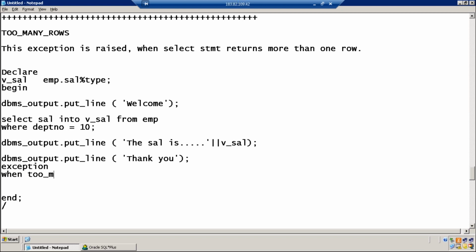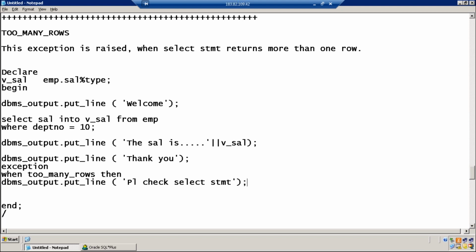The exception name is TOO_MANY_ROWS. Then DBMS_OUTPUT.PUT_LINE: I give a meaningful message to the end user, something like please check the select statement.